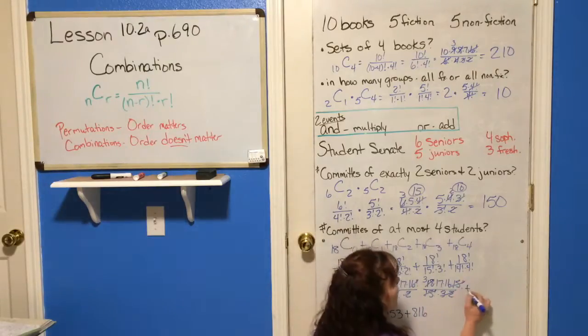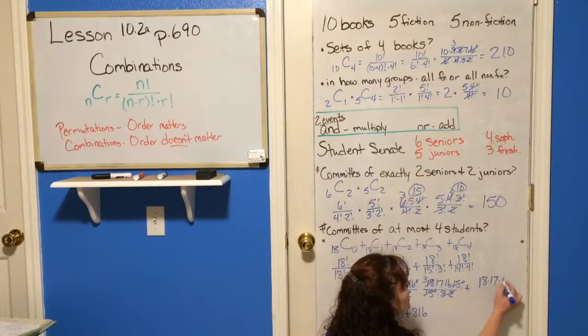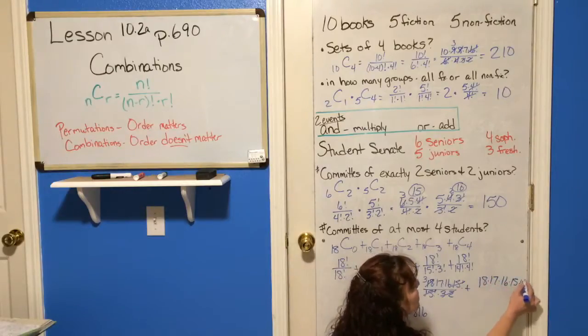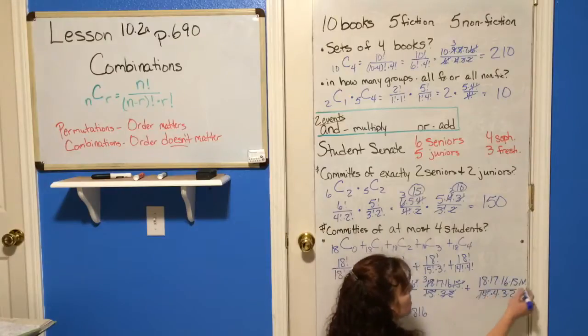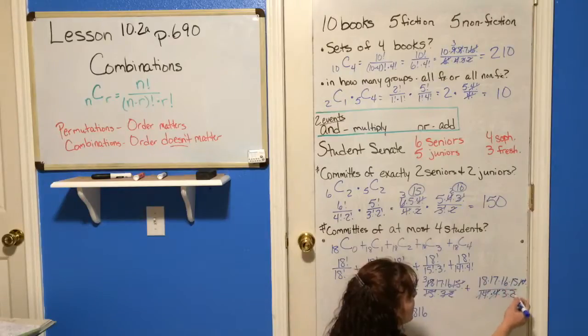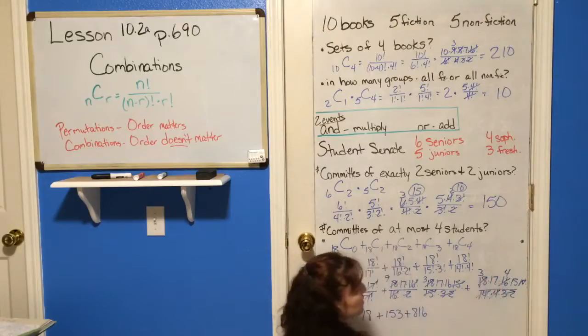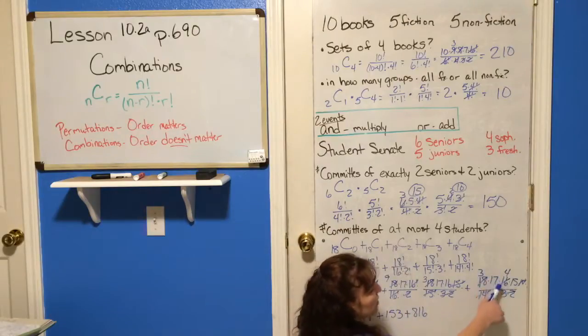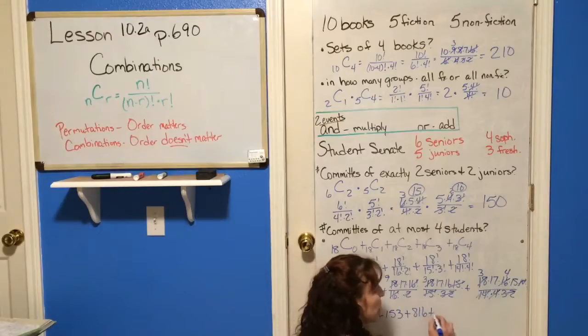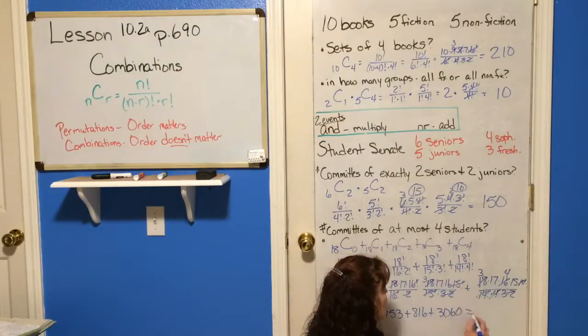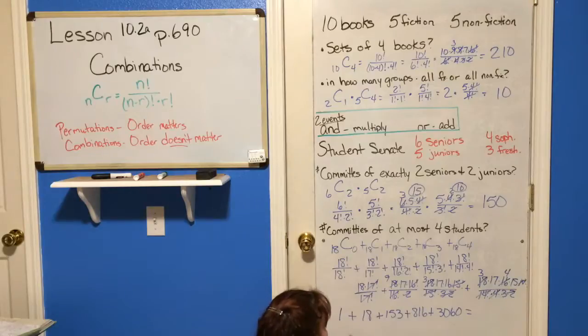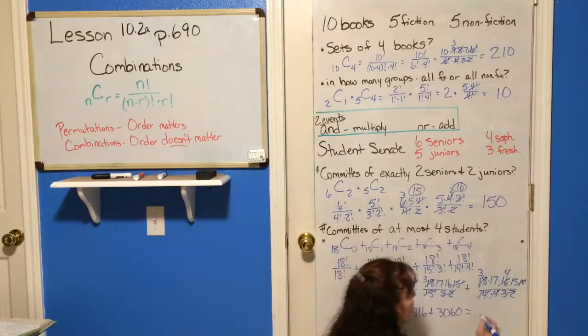And then the last one is 18 times 17 times 16 times 15 times 14 factorial over 14 factorial times 4 times 3 times 2. So the 14 factorials will reduce. 4 will go into 16 4 times, and 6 will go into 18 3 times. So 3 times 4 is 12. 12 times 17 times 15 should be 3,060. And if you add those up, we should get